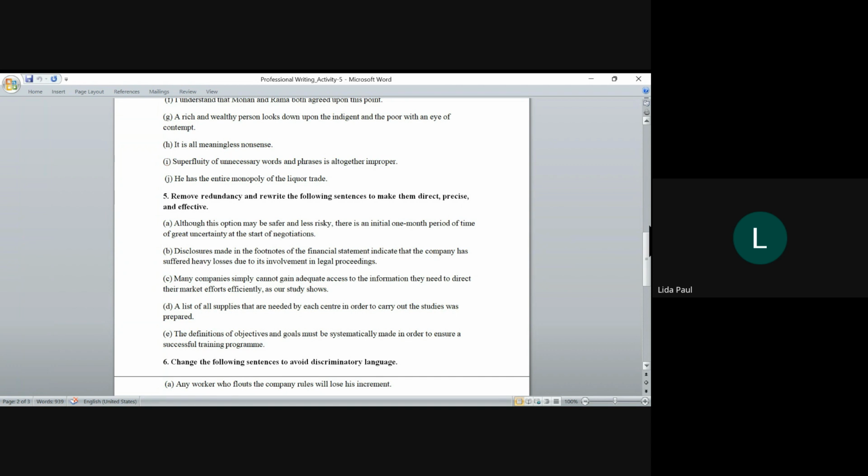But it is always better that you choose a word that is a single word reference, right? Less risky is 2 words. So if you have a better one word to use for that, you should always prefer doing it because remember, in all kinds of professional writing, the idea is that you keep your writing concise. If one word does, then use one word. Don't use 2 words where only one word is required. Right, good. So we remove less risky. Anything else here? Although this option may be safer,